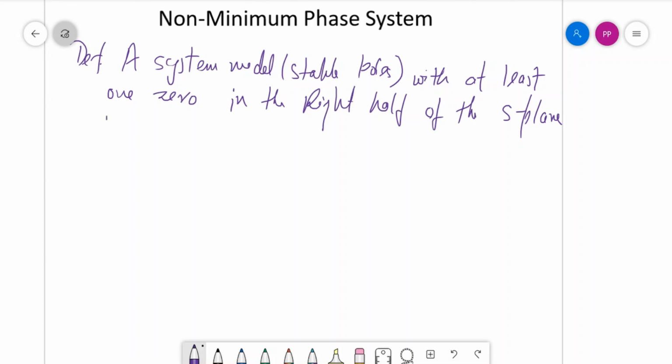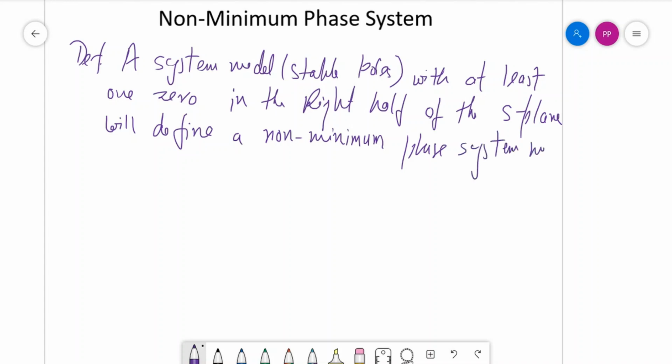We'll define a non-minimum phase system model. Such a system has stable poles,